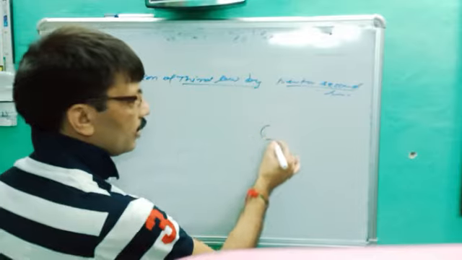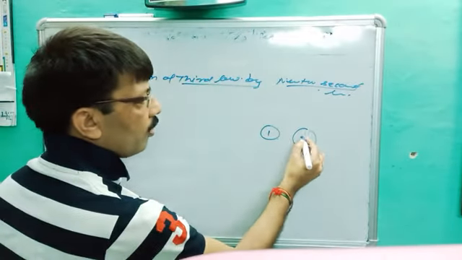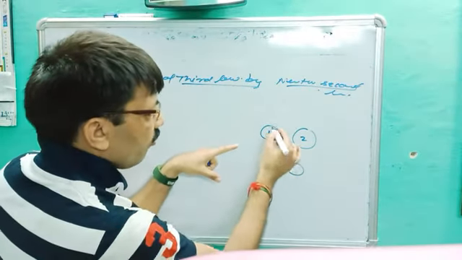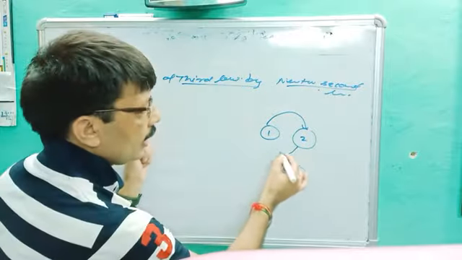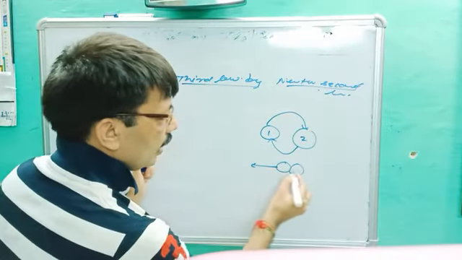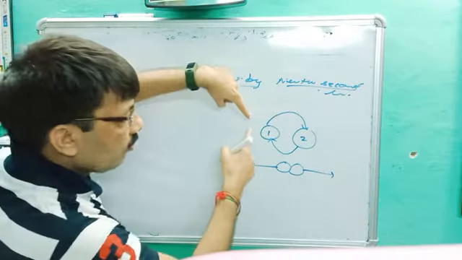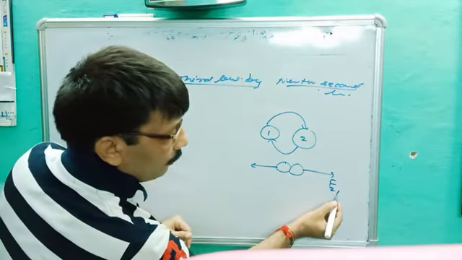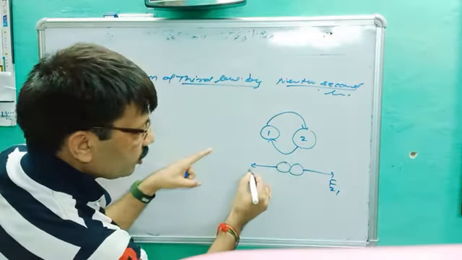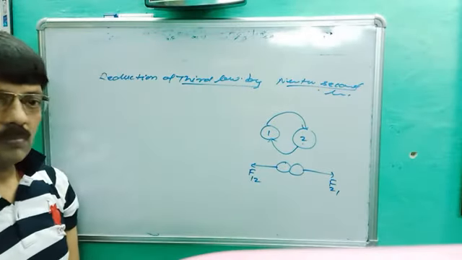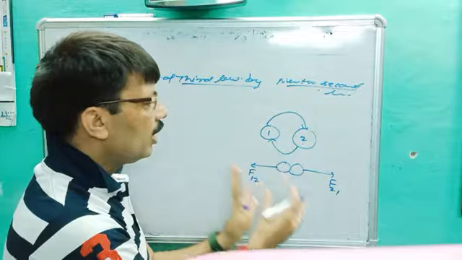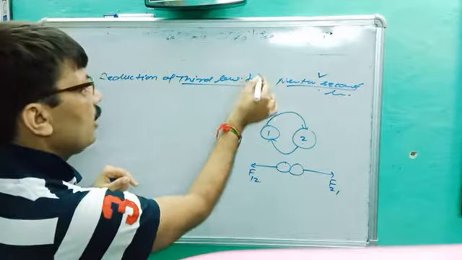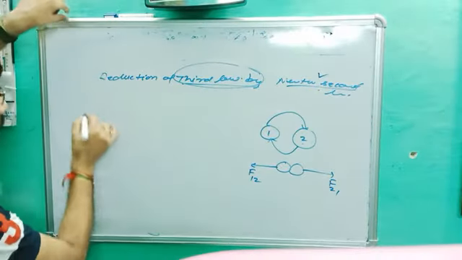So let's suppose two bodies are there. Very easy way. Body number 1 and body number 2. When they collide with each other, what happens? First will apply a force on second and second will apply a force on first. So we will get it like this: every action has an equal and opposite reaction. First applies a force on second, so it is F21. Similarly, second applies a force on first, and we get F12. Two different bodies, when they collide, apply force on each other. Okay, so we start from the second law and we will reach which law? The third law. So what do we get here?